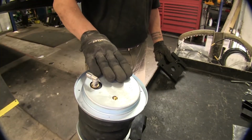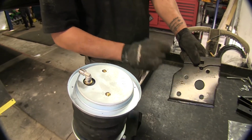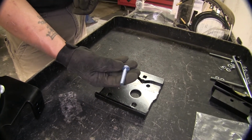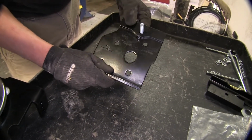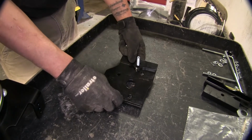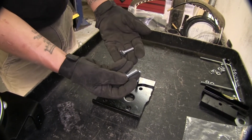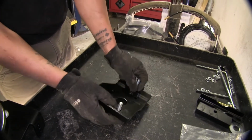For now, we're going to set our lower assembly aside and grab the driver's upper bracket. And we're going to take our 3/8 by 2 inch carriage bolt, and up here at the top, that's where that one's going to go. And that's going to be followed by 2 1 1/4 inch carriage bolts, which are going to go in these holes right here,